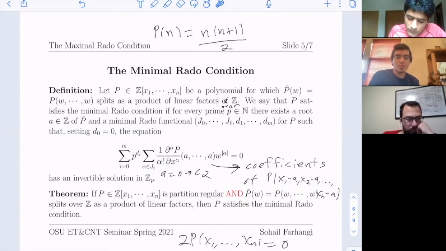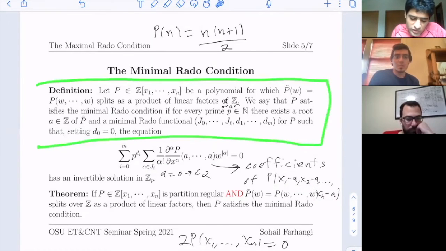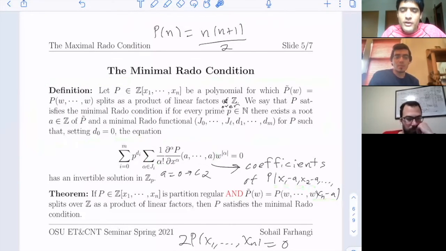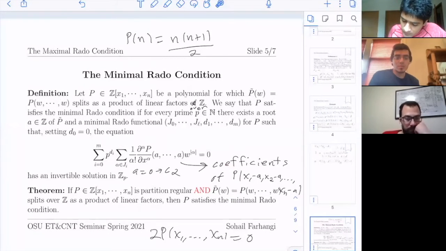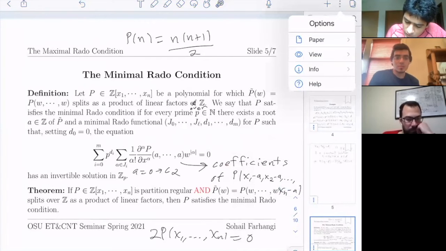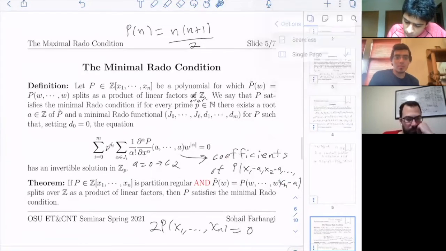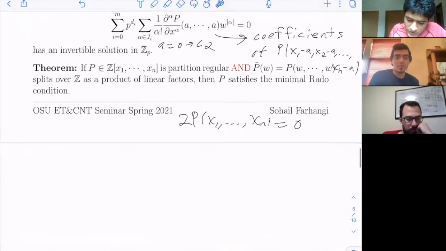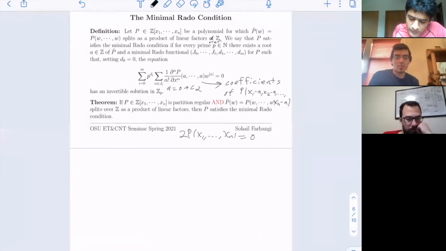Now, the reason for this goes back to the definition of Q partition regular, because you'll see I did not mention Q partition regularity anywhere here, even though I gave you the definition on the second slide. So again, I'm not going to go into any serious proofs here, but just to give you some idea as to why this is all related.